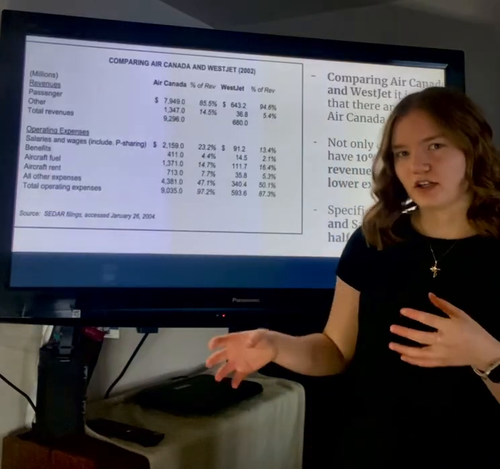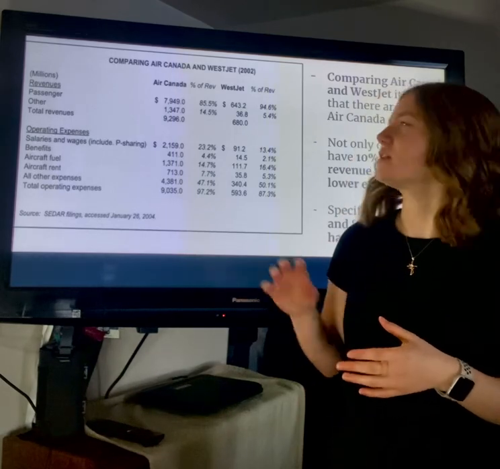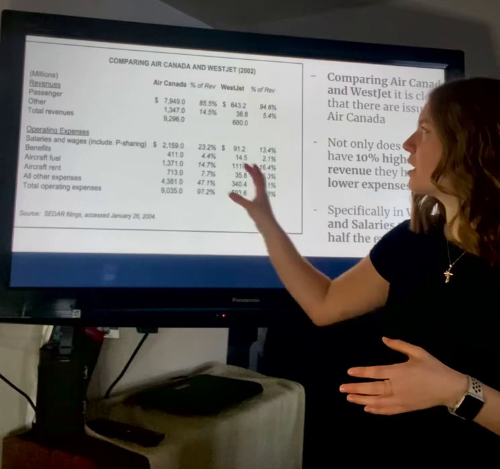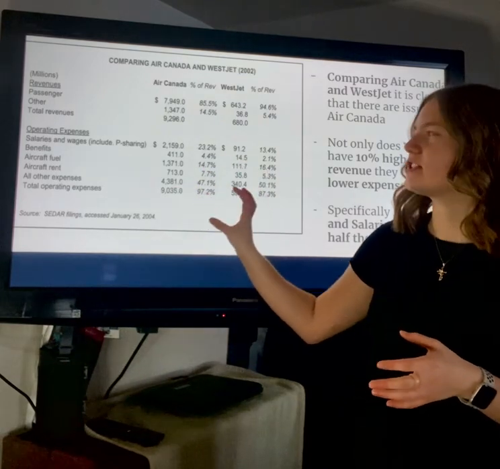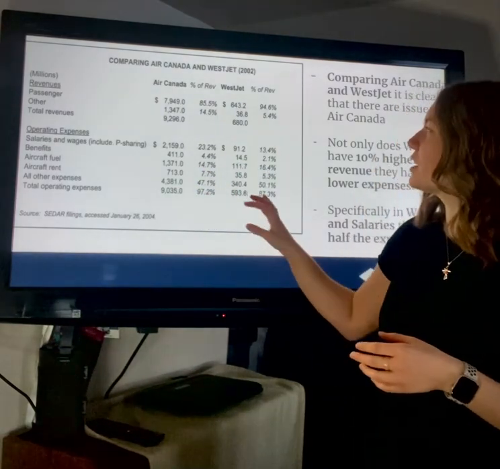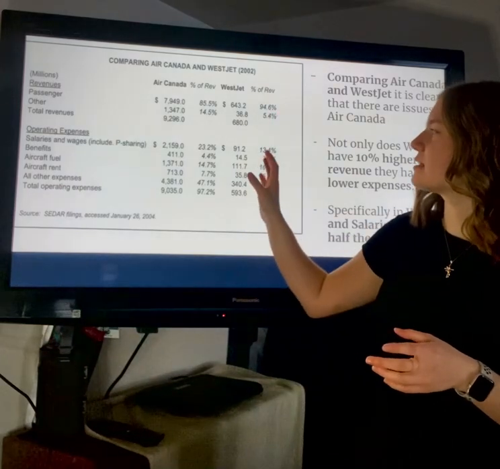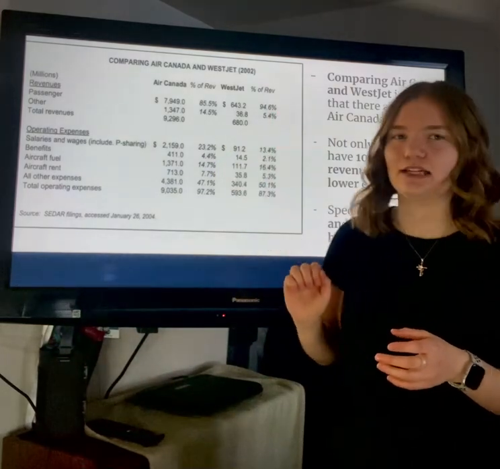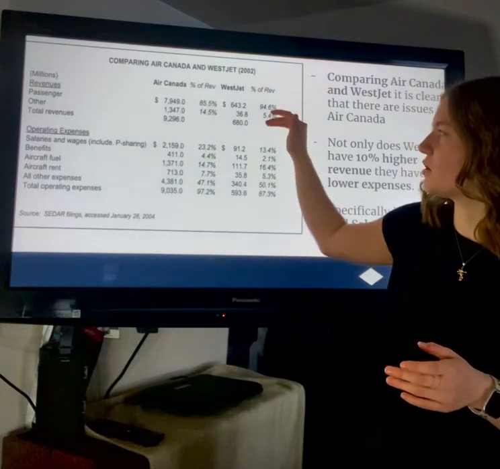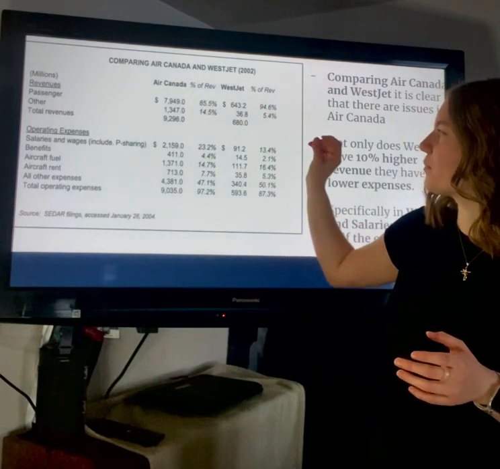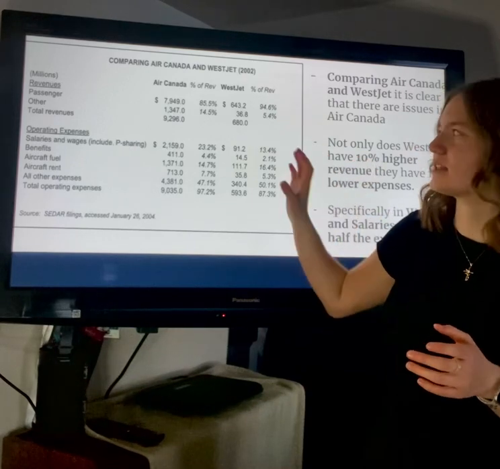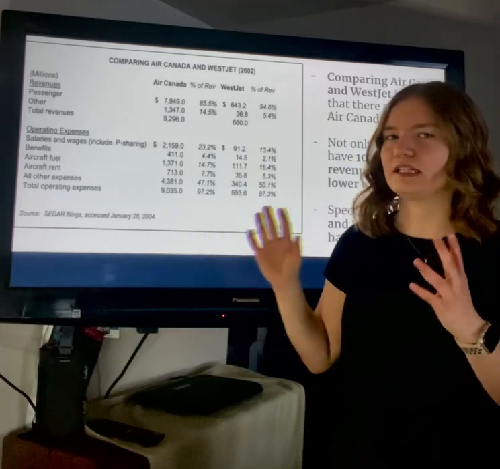Like I said, market shares were taken from Air Canada. Specifically, WestJet took up some of those market shares. If we're going to compare Air Canada and WestJet, who are competitors, we're going to look at where Air Canada is less than WestJet. You can already see there's an issue with some of the total revenues, but we're also going to look at percent revenue. That's our main thing. We're looking at the percentage.